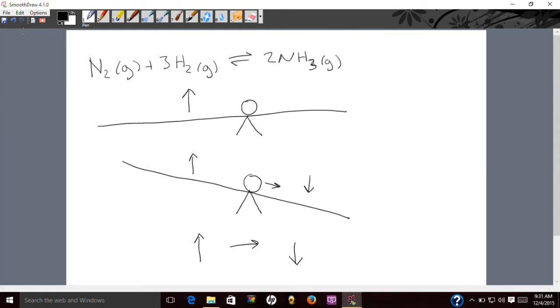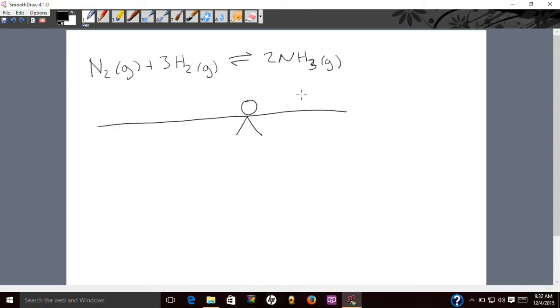Now what if the concentration of the product was increased? The product NH3, if the concentration of NH3 was increased, what's this going to do to our seesaw? It's going to tilt it to the right. Or to the left, I'm sorry. And which way is our ball going to roll? Our ball is now going to roll towards the reactant side. And if you remember the pattern in arrows, we keep getting the same pattern